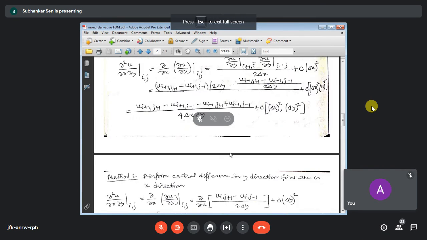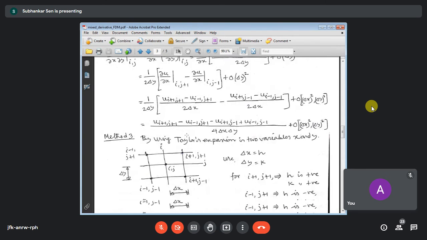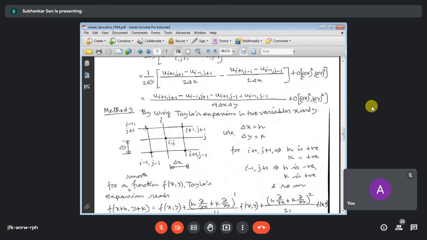Okay, so we have the solutions. Now this same mixed derivative can be simplified by using Taylor's approximation for the second derivatives. If you go for Taylor's approximation, we have made the mesh, we have made the grid. In this stencil we have the nodes of interest i+1, j+1, i+1, j. We have taken the corners located along the diagonals with respect to point ij. So we shall expand these terms.